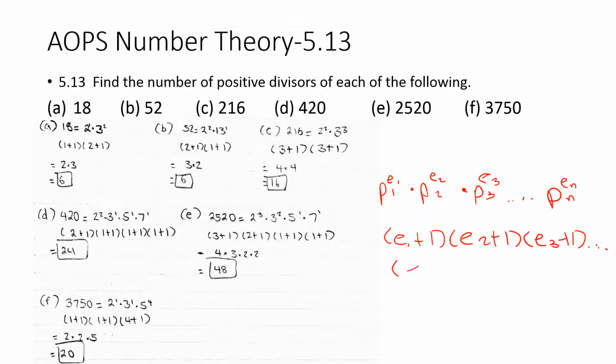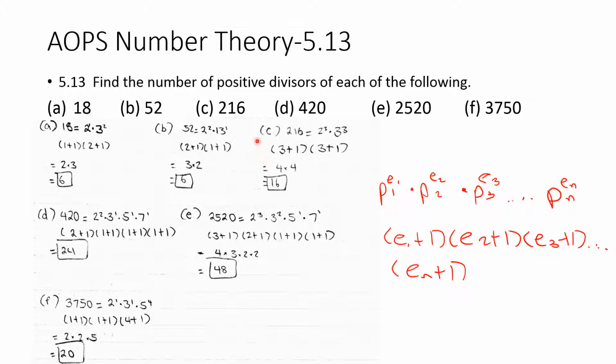to (en plus 1). So for the first one, 18 is equal to 2 to the power of 1 times 3 to the power of 2. So the number of positive divisors would be 1 plus 1 times 2 plus 1, which is 2 times 3, which is 6. For B, 52 is equal to 2 to the power of 2 times 13 to the power of 1. So the number of positive divisors would be 2 plus 1 times 1 plus 1, which is 3 times 2,